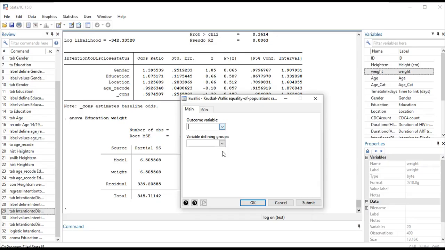Also, you can use this when you want to use your non-parametric test. You come to this point, then you just go the same route. You select Kruskal-Wallis, for example. Note that that is when your data set does not follow a normal distribution. Then your outcome variable, for example, could be weight, sorry. Then your defining variable is